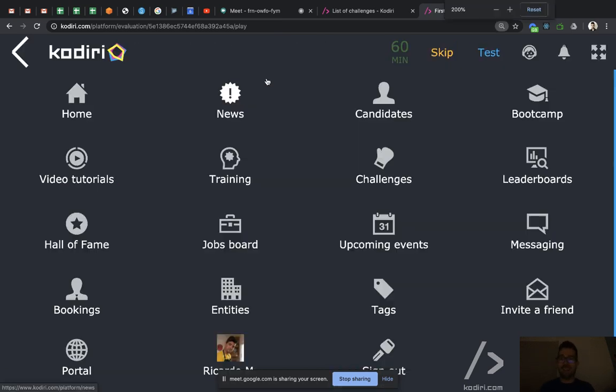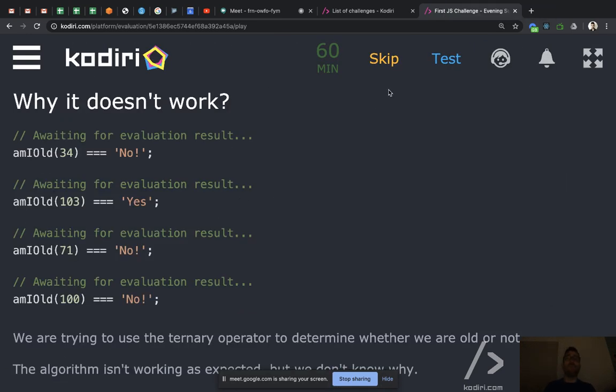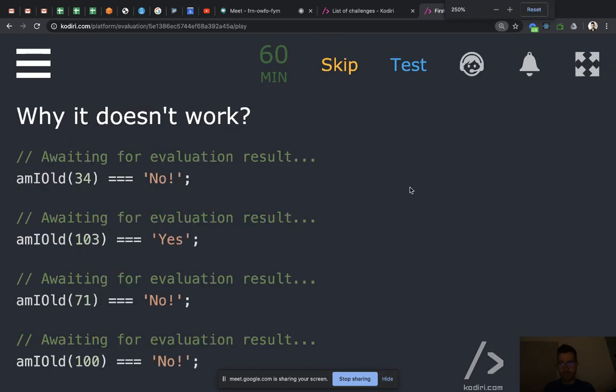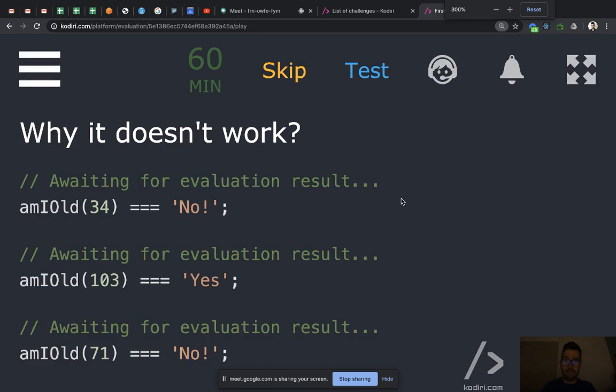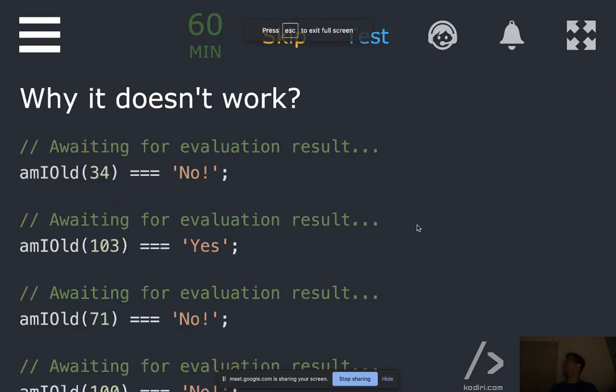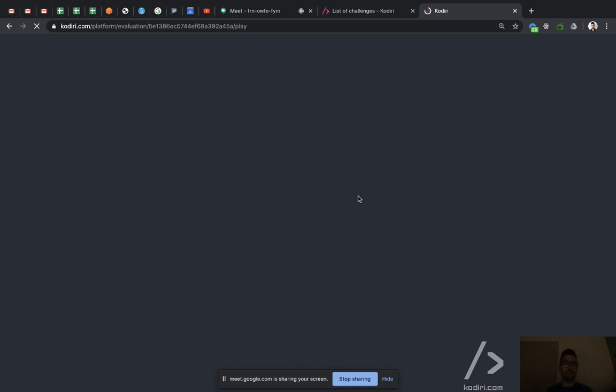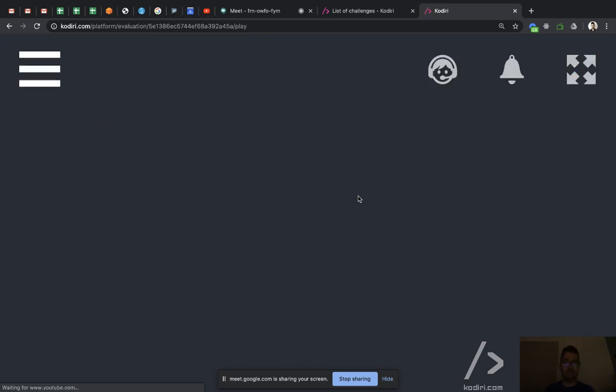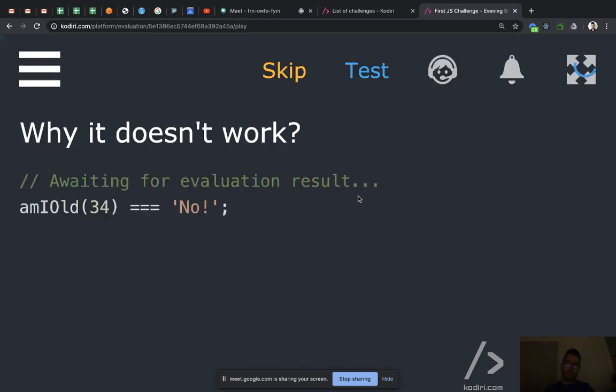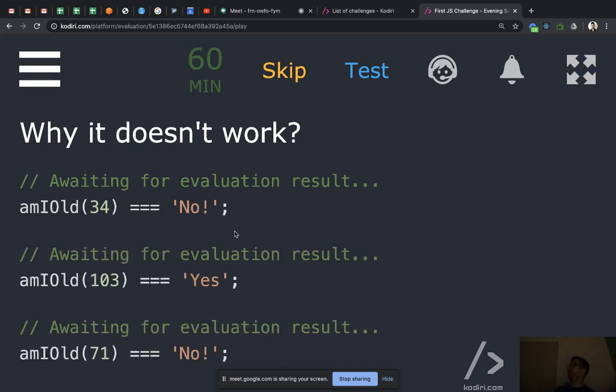All right. So once again, let me try to play the challenge in mobile mode, just to make things a bit more complicated, to be honest. Yeah, so hopefully something like that. So question number 1, why doesn't it work? The problem here is we got an algorithm partially implemented where, as you can see,